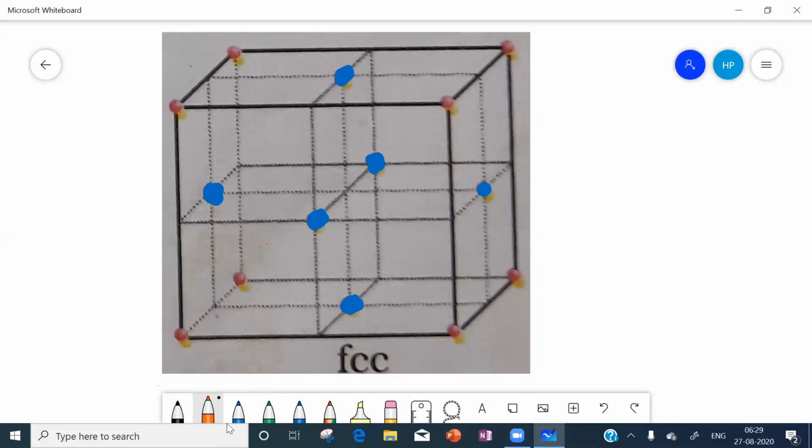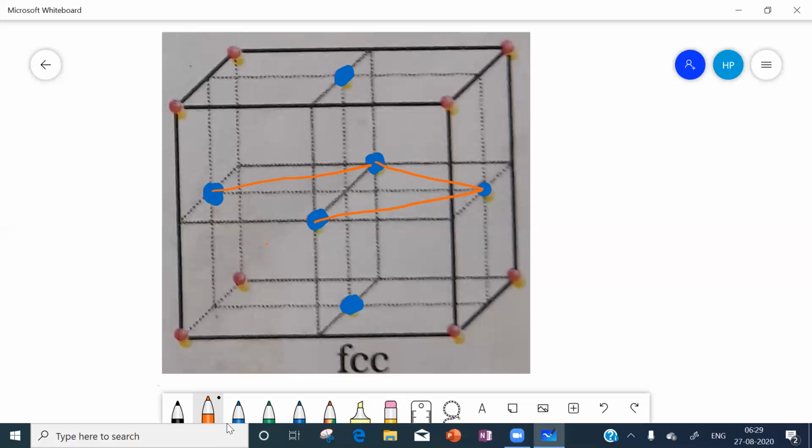For this octahedron, we will join this face center and this face center. We will join these two face centers. Next we will join these two face centers, and next these two face centers.